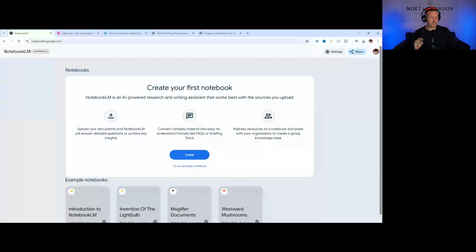So as you can see there, the things that it mainly does, it will answer questions. If you upload documents to it or websites, it will summarize in a much easier note fashion, but it is so much more powerful than what it sounds. So let me give you a couple of use cases so we can test this out and you can really see how it works. So if I was just to click on create,